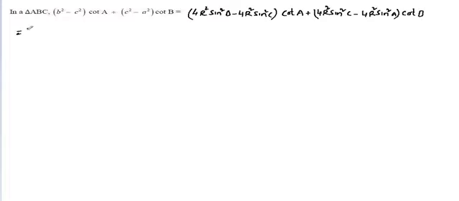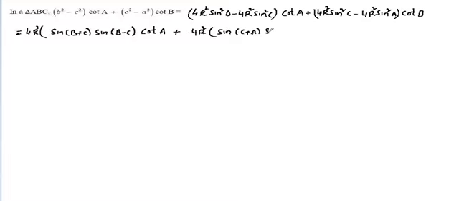Here 4R² is common, that is 4R² into sin²B minus sin²C, that is sin(B+C) into sin(B−C) into cot A, plus 4R² common into sin²C minus sin²A, that is sin(C+A) into sin(C−A) into cot B, that is equal to 4R². Sin(B+C) value is sin A into sin(B−C). Cot A value is cos A by sin A